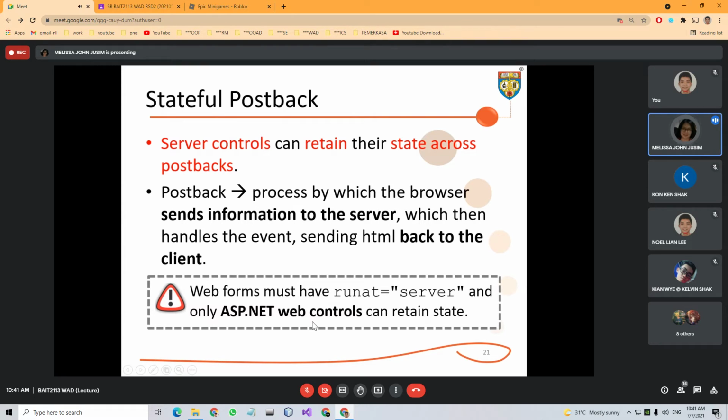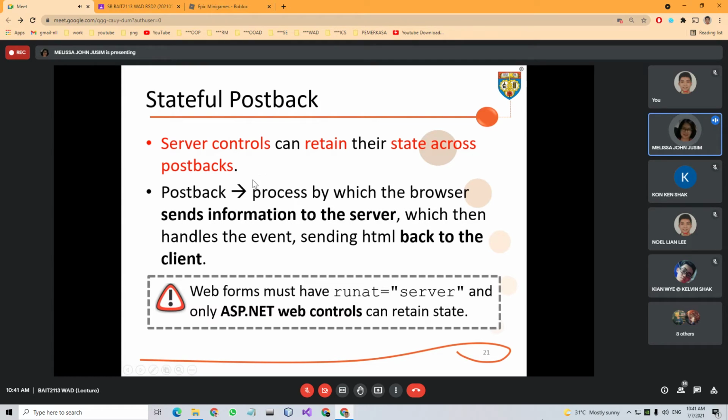Take note that only ASP.NET Web Controls can retain state. So our server controls like the text box, label, and drop-down list can retain their state across Postback.